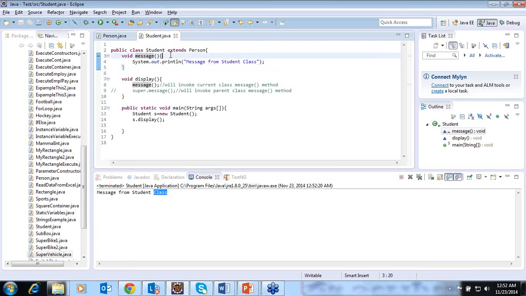If you recall the overriding concept, when I call a method from the child class, the child class method gets higher priority and gets executed. Here also the same message method is present inside the student, that is the child class, and it is getting